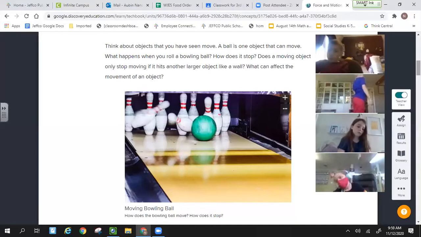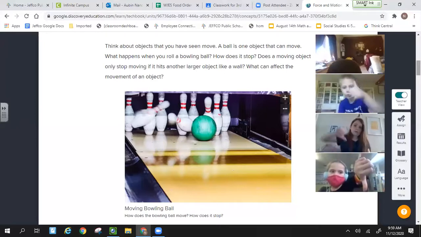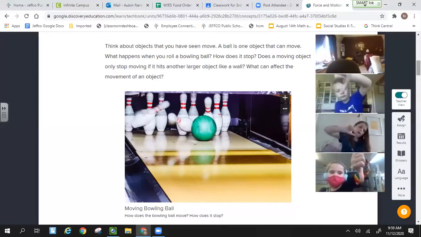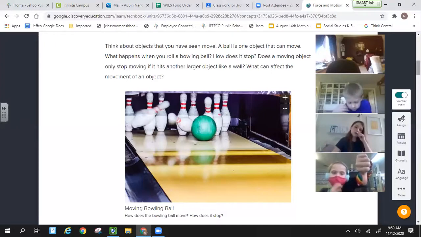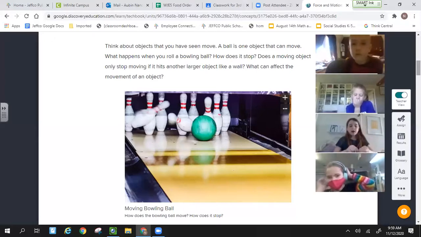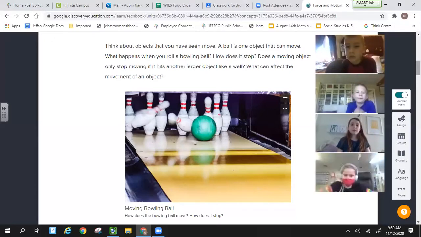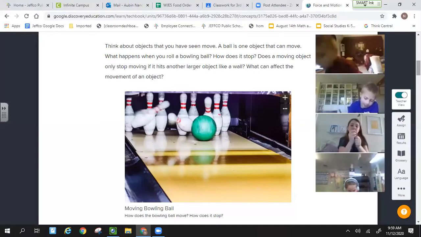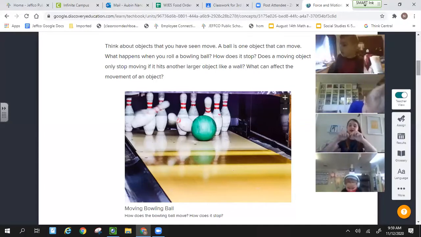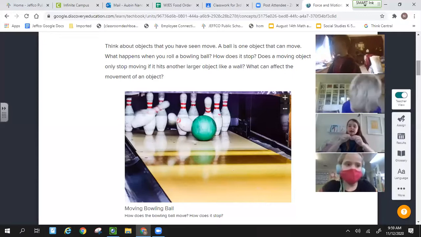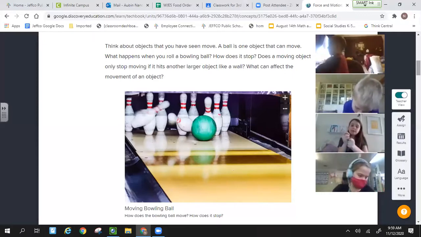No. If you think that's the only way a moving object stops, give me a thumbs up. If you think there's another way an object can move, Robert, can I see your thumb? Put it down. Isabella, can you unmute and explain your thinking? The way things can be forced to move is like when magnets hit a same connection, they magnetize, and when you put the opposite force, they don't connect and they bend.